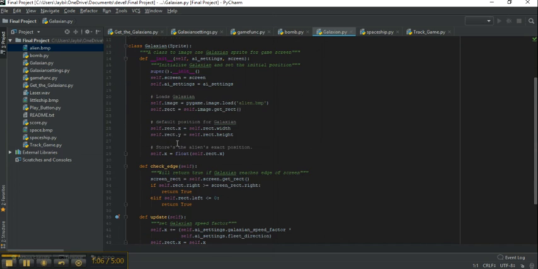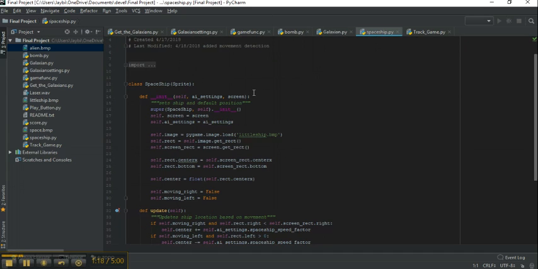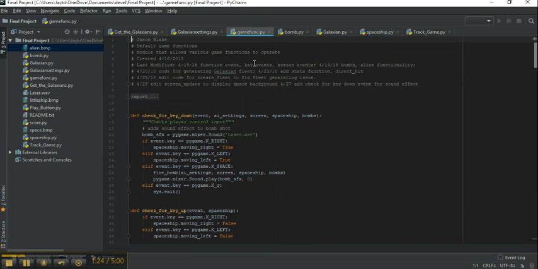And also there's a check edge function here, so when they hit the side, they're not going to just run off the screen. And then there's one for the actual spaceship that again draws the spaceship and controls how the spaceship works. But the meat and potatoes of this program is mostly this game functions program, which is all